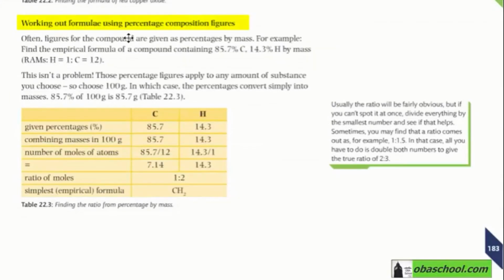Working out formula using percentage composition figures. Now we will find the formula using the given percentage compositions. On page